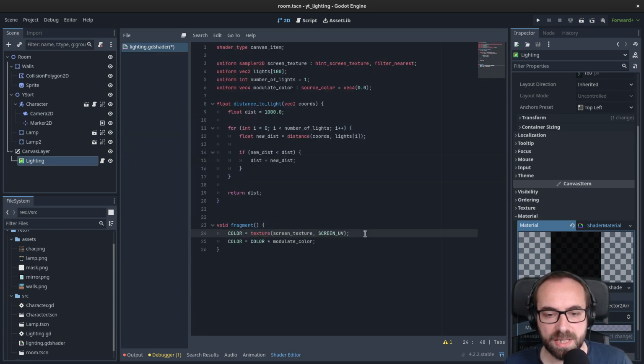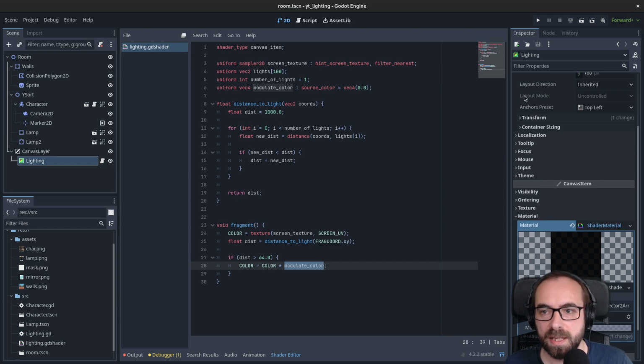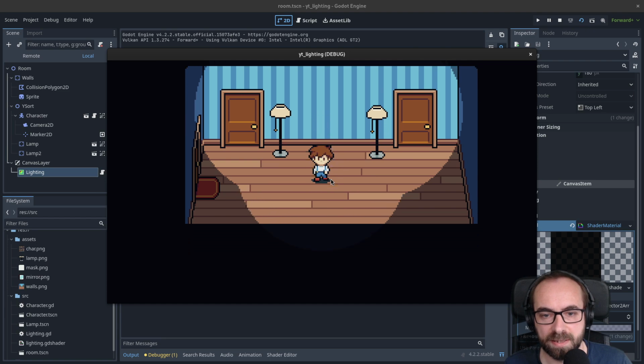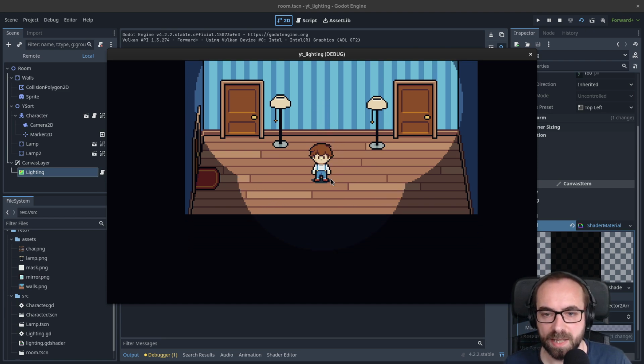We can now use this new distance to light function to get the distance of the current pixel from the closest light. Let's put that in a new variable called dist, and call distance to light from the current coordinates in x, y. And what we can do is say, if this is more than a certain amount, so a certain light radius, then we will darken the current pixel using the Modulate Color. If we run that now, you can see that I'm actually darkening only areas that are further away than 64 pixel radius of every light